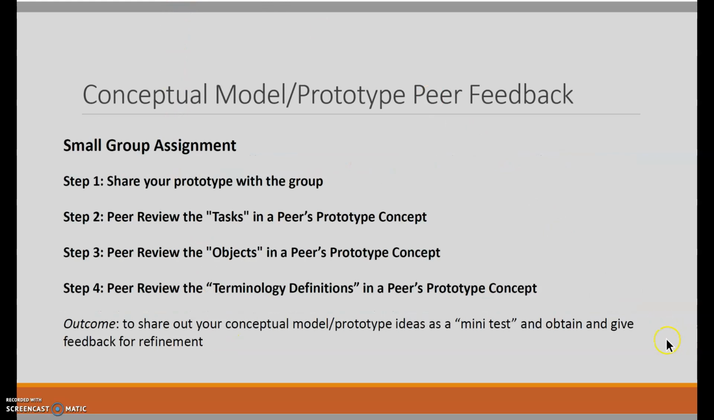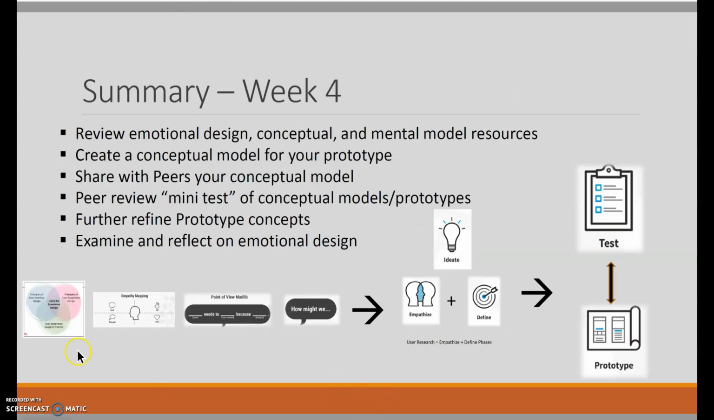Then your second assignment, your small group assignment, is you will share that individual prototype conceptual model that you've developed with your group, and then your peers will review the tasks, objects, and terminology definitions and give you feedback. In turn, you will choose one student and give them feedback this week. This effort is essentially to share out your prototype as a mini test and give feedback so you will continue to refine your prototype. So in summary,